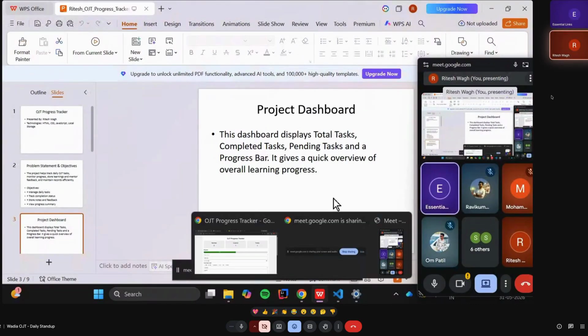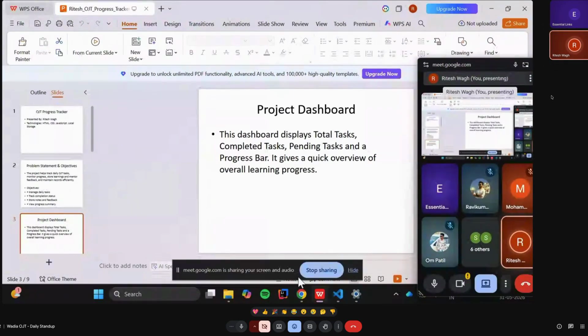Okay, sir. In this week, I have learned how to build a complete front-end project using HTML, CSS, and JavaScript, and I implemented task management features like add, delete, and search functionalities, and how to use local storage to store data. I also learned about CRUD operations using JavaScript, and also DOM manipulation.